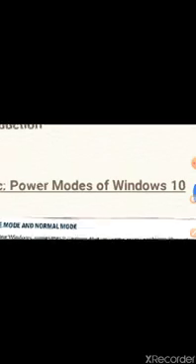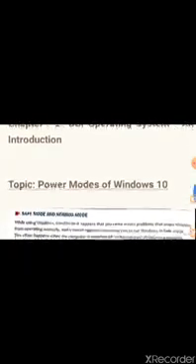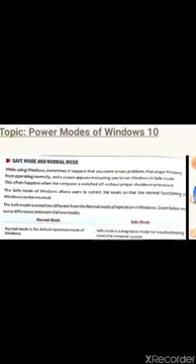Now, the next topic that we are going to learn is safe mode and normal mode. So what are these two modes? These two modes are very important for you to learn because sometimes many children, when you are in the computer lab, are in a hurry to shut down the computer. So what happens? We don't properly shut down the computer in the way we learned just now, the shutdown procedure.